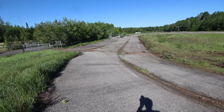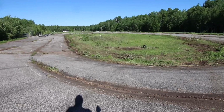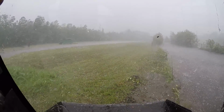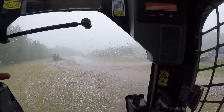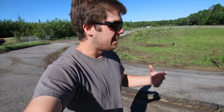But you'll see here that there are some marks on the track because a buddy of mine came out here with his skid steer and did a whole bunch of work. Picked up most of the shrub brush from out here. He had a grapple bucket on it and got that out of here. And unfortunately when he was out here, there was a hailstorm and it took golf ball sized chunks of hail to his truck and everything. There's some dings on it. So that really sucked, but you can't predict the weather and unfortunately you can't control it,